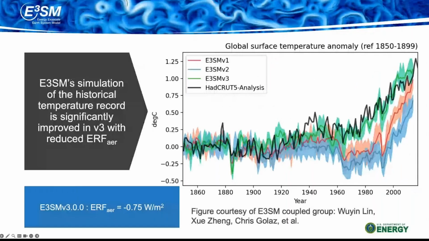So after all of that work, I do want to show finally the improved agreement with the historical temperature records that resulted from all of these changes. So you can see the green line here falls really beautifully on the black line. So in the end, we did see that reducing the aerosol forcing in our model did result in better agreement with historical temperature.